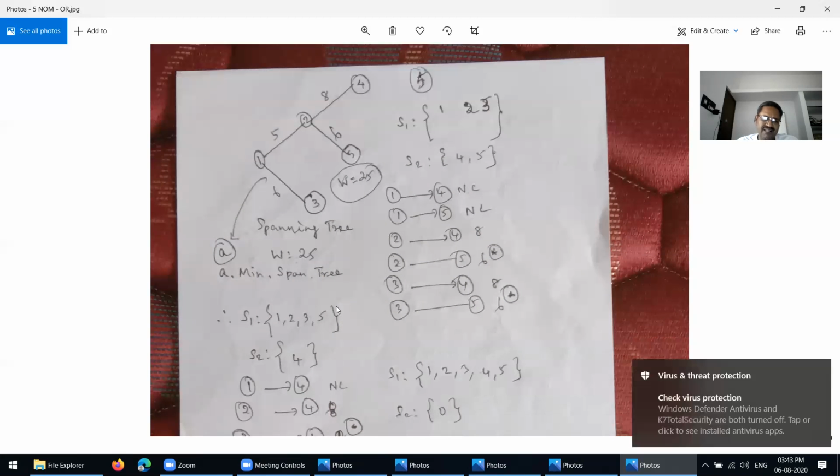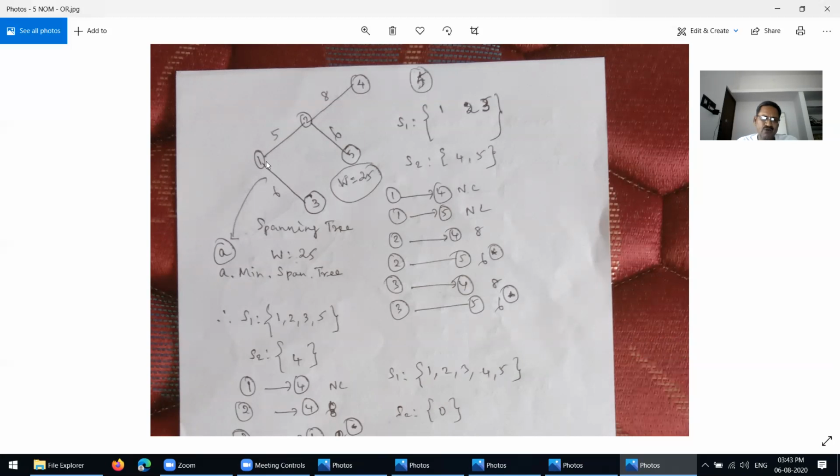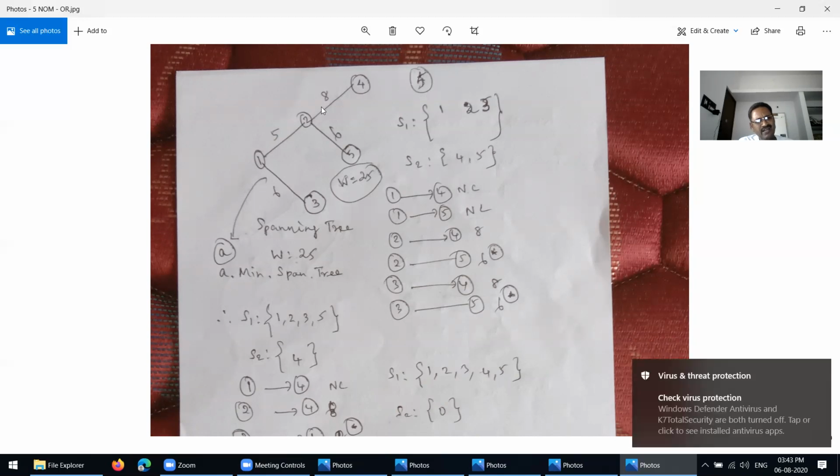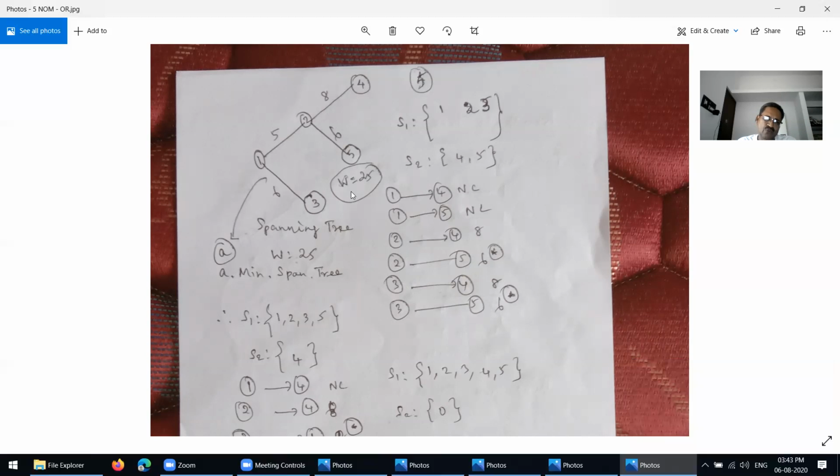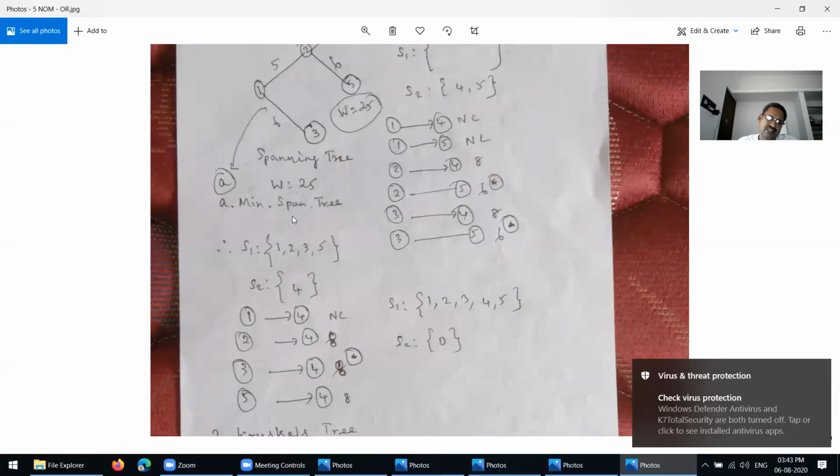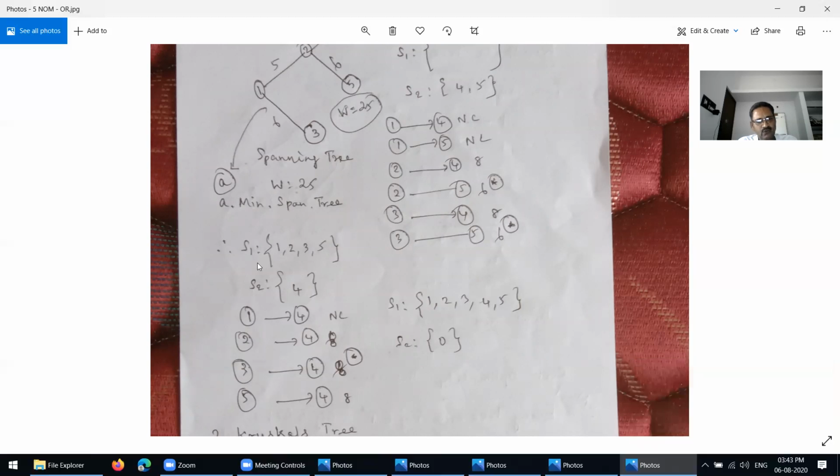It's okay or not? Yes, it's connected. So this one, suppose for example, 1 to 4. 1 to 4 is not connected directly. And then 1 to 5 is not connected. 2 to 4 connected, 8. 1 to 4 is not 8. So like that, then you have to form this one. So the minimum spanning tree, this one is nothing but the minimum spanning tree. It means that it has the minimum weight. You understand? Through this.